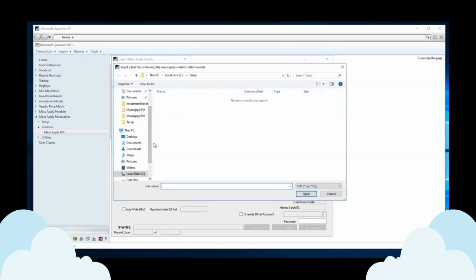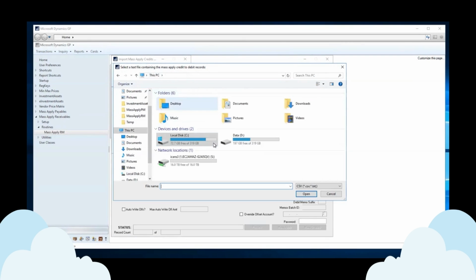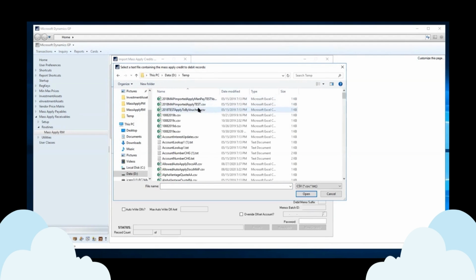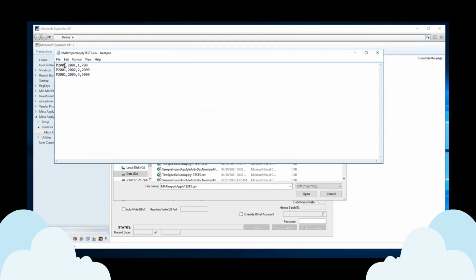So if we go to look for an import file, we're going to pull up this particular file that we've prepared here. If I show you this, you'll see that it's got the apply from document and the apply to document for invoice 2001, 2002, 2003. So if we have one payment made, maybe a wire transfer or an ACH payment,